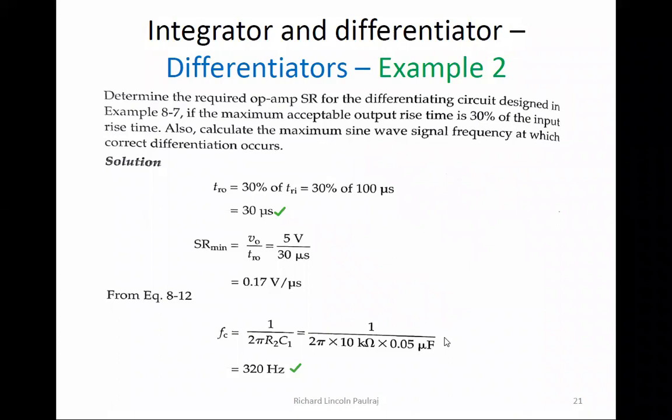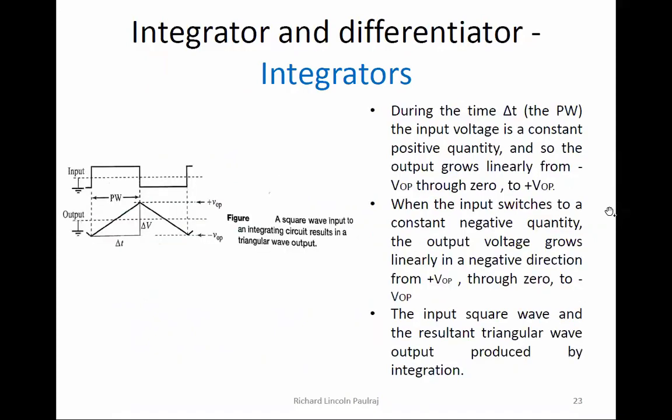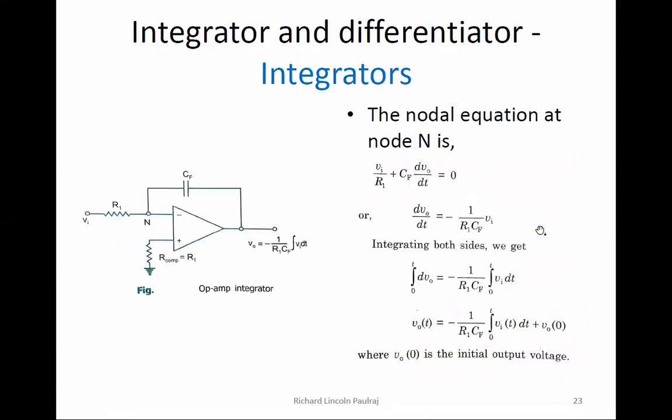These are the kinds of problems that we will be seeing with respect to differentiators. Now we will see a few problems with respect to integrators. As I told you, the formulas are going to vary. We saw that if a square input is given, then we are going to get a triangular output waveform, and we saw a few equations. We saw that it is -1 by RC. There it was multiplication, R and C multiplied, but here it is divided.